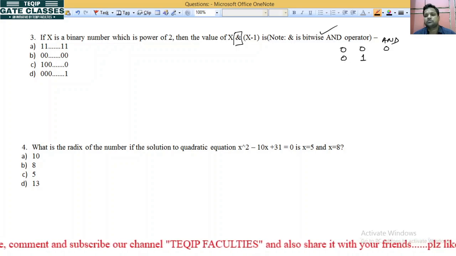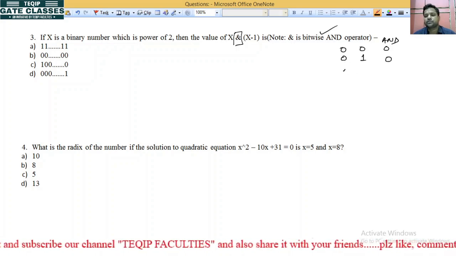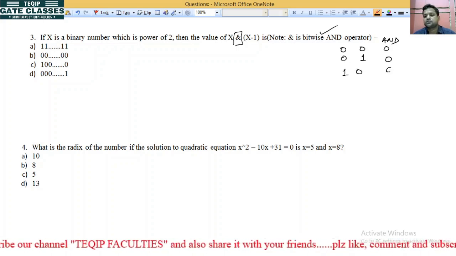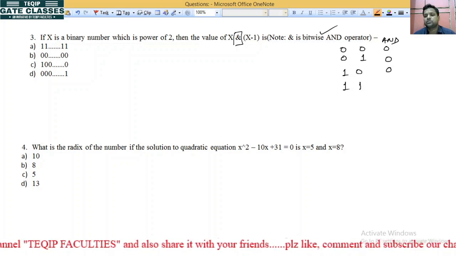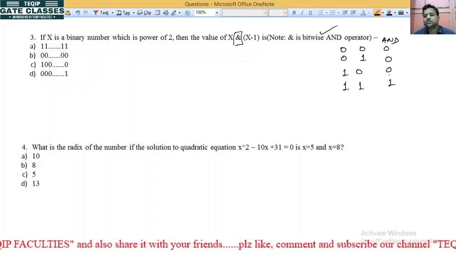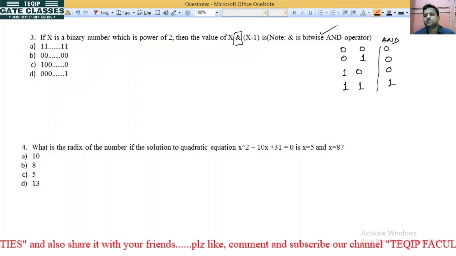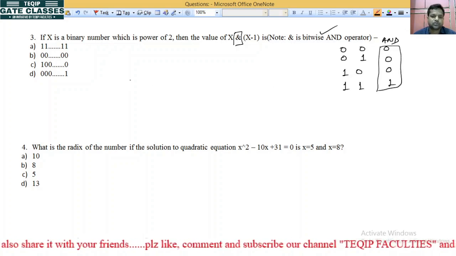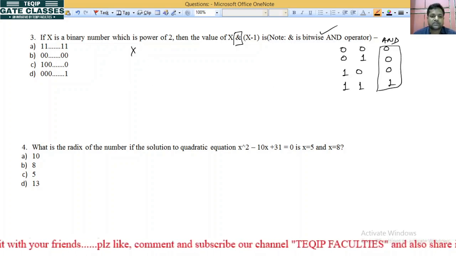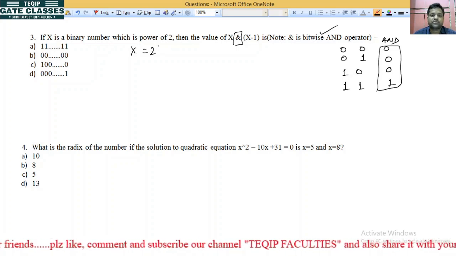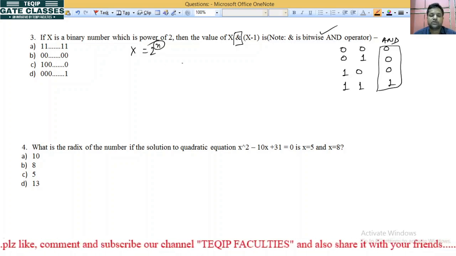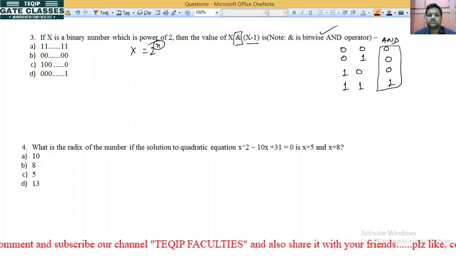When 1 0 and 0 1, then also it is 0. When both the inputs are 1, then only it will give 1. This is AND. So x is in powers of 2,